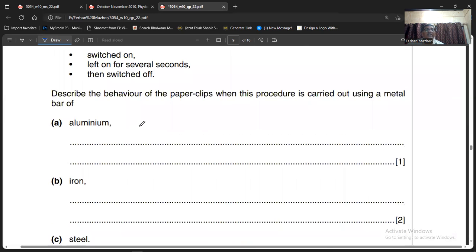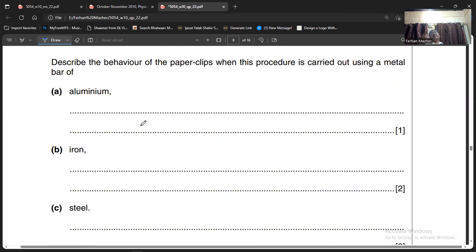You see, when the metal bar is of aluminum, the aluminum will not become an electromagnet, so the paper clips will not be attracted to it. If you have iron, the paper clips will be attracted to it when the current is flowing through that solenoid. And once you switch off, what will happen? The iron is a soft magnetic material, so immediately that iron bar will lose all its magnetism, and all the paper clips will fall back into that